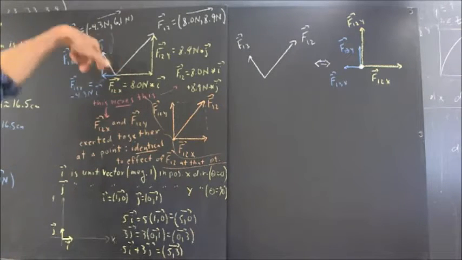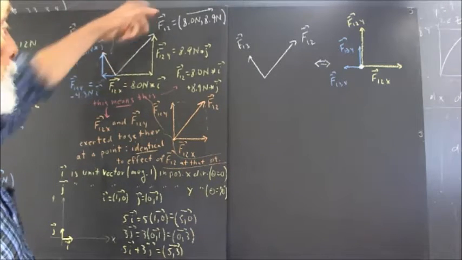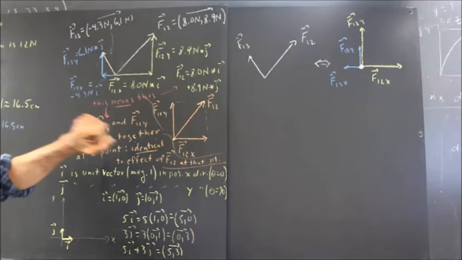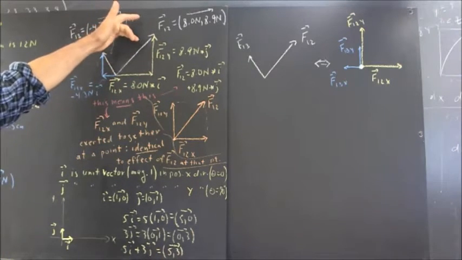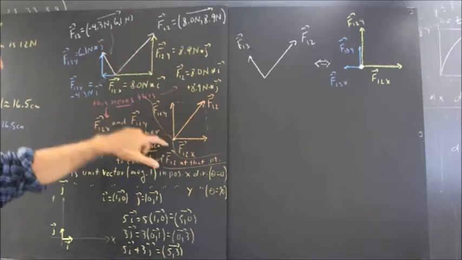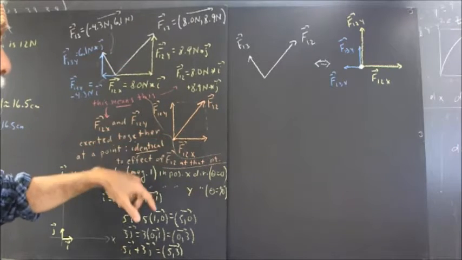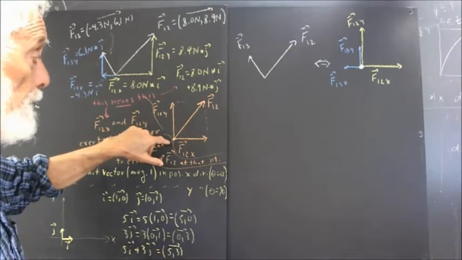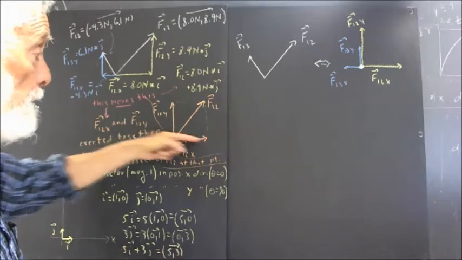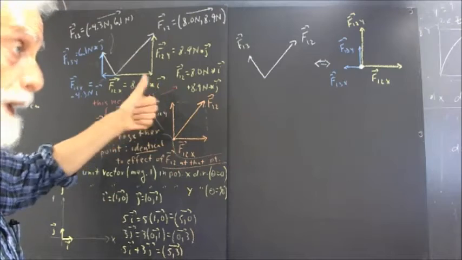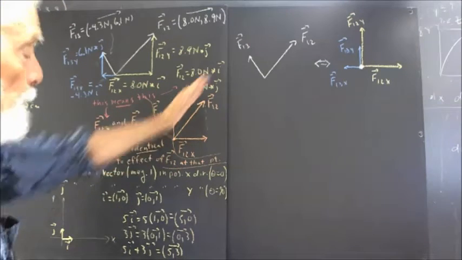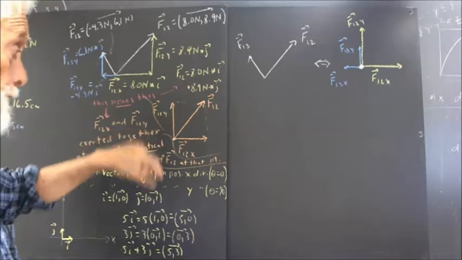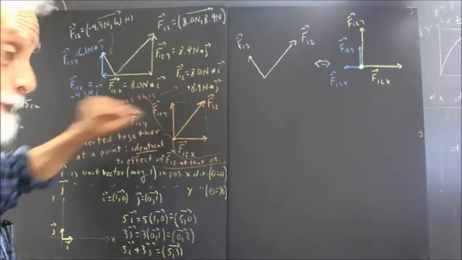As we've seen, the force F12 with vector components F12x and F12y is completely indistinguishable from the action of those two forces at a given point. In other words, if we make measurements at this point and we don't know whether F12x and F12y are acting together or F12 is acting by itself, we can't tell the difference. We cannot measure anything at this point that will